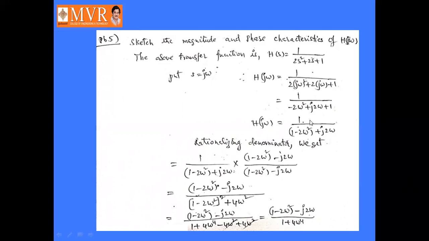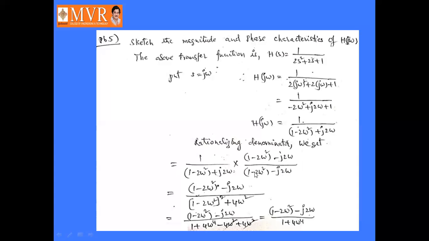So we can separate the real terms and imaginary terms. So 1 by 1 minus 2 omega square plus j into 2 omega. Now rationalizing this denominator, we get 1 by 1 minus 2 omega square plus j 2 omega into 1 minus 2 omega square minus j 2 omega by 1 minus 2 omega square minus j 2 omega. Okay, it will become 1 minus 2 omega square minus j 2 omega by 1 minus 2